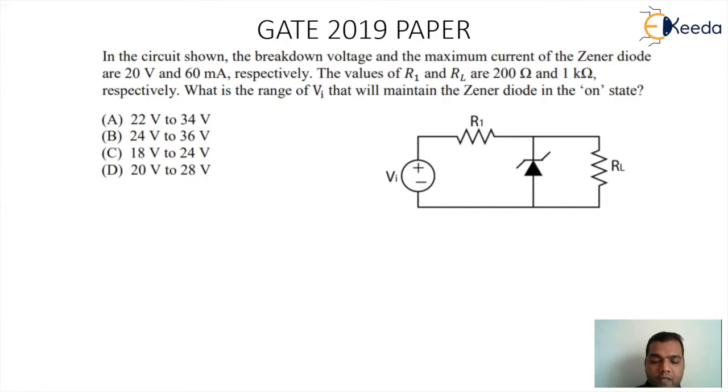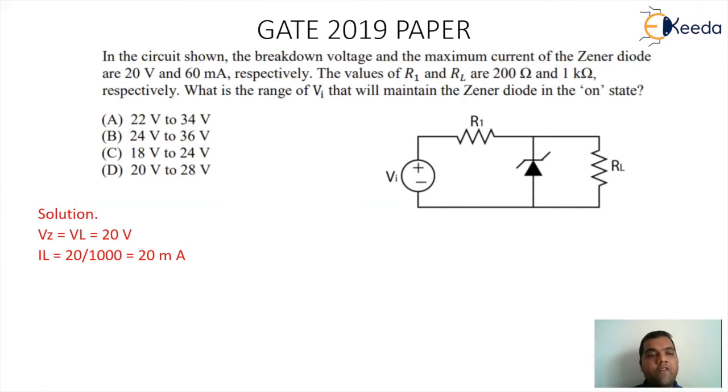So now this is a very simple question. Let's go for the solution. So the first step is we know the value of Vz, that will be equal to VL, that will be 20 because that value is given to us. Also we know the value of the output value with respect to VO, that is 20 volt, and we know the value of load resistance, that is 1 kilo ohm.